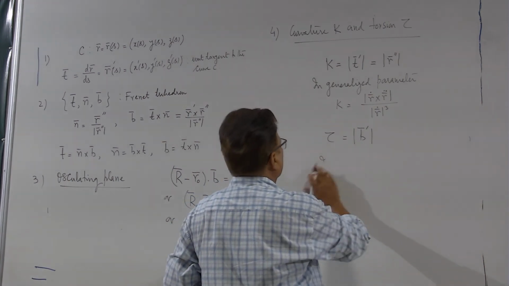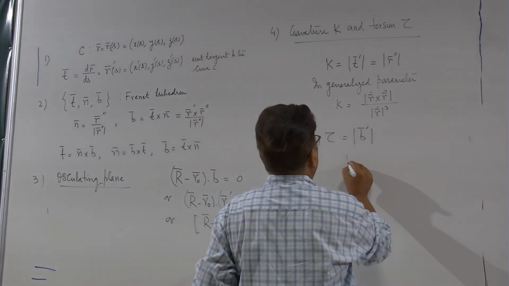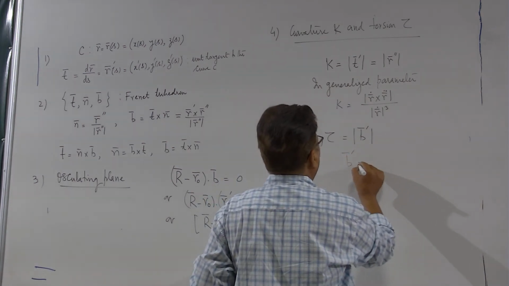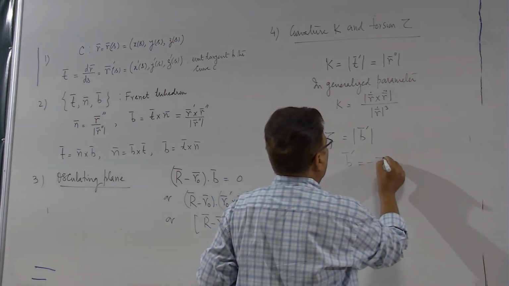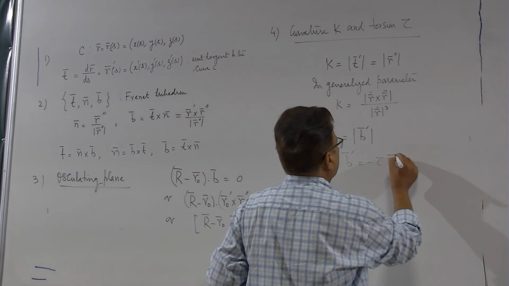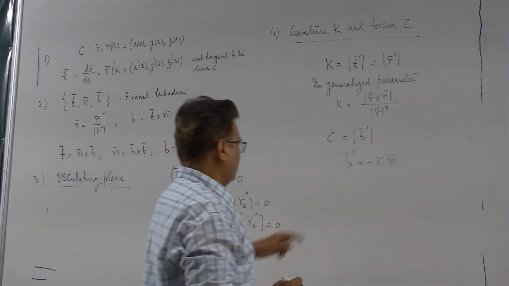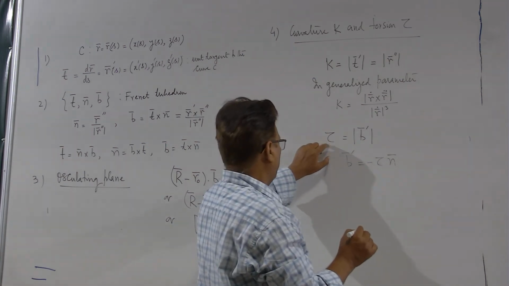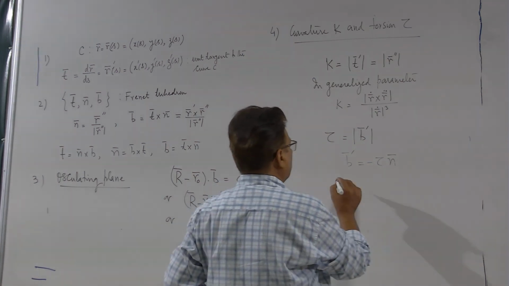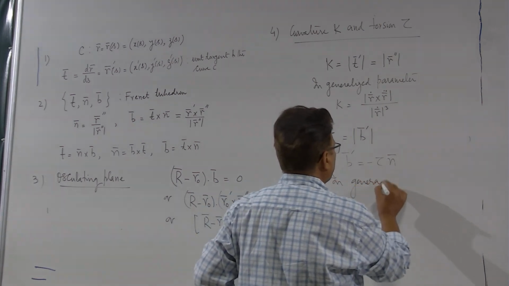We made certain other observations which were important. For example, the vector B and the change in B occurs along the principal normal, and the component is tau. All right. So, these are important observations, and then come to the formula of torsion in generalized parameter. So, in generalized parameter,